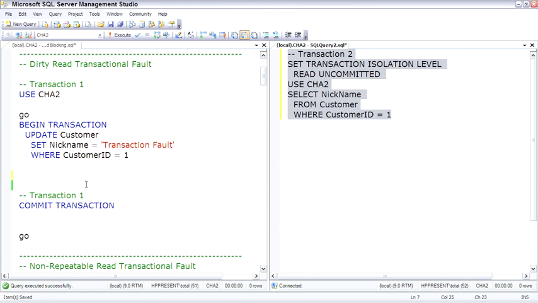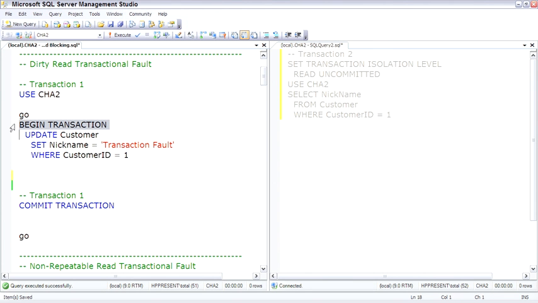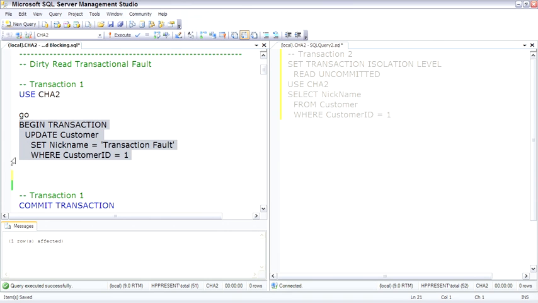So remember, a dirty read is when one transaction makes an update, and before it's committed, the second transaction can see it. So our first session will start with the begin transaction, and this will create a logical transaction and hold the locks open for this update command until we do a commit transaction. So we'll execute this. It says 1 row affected,